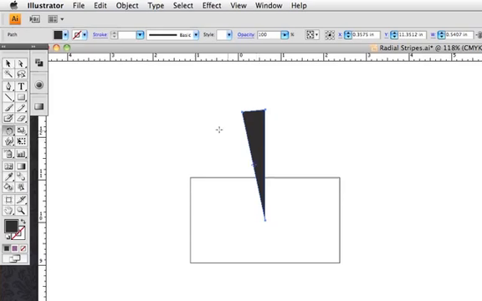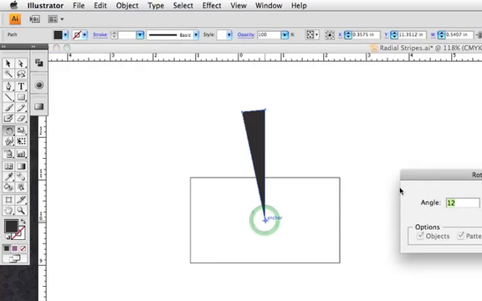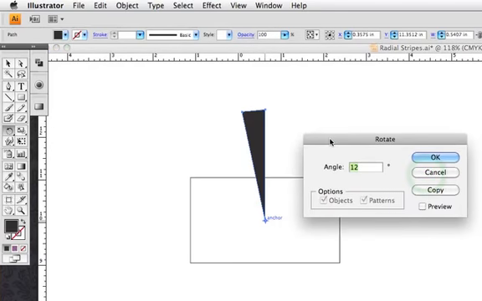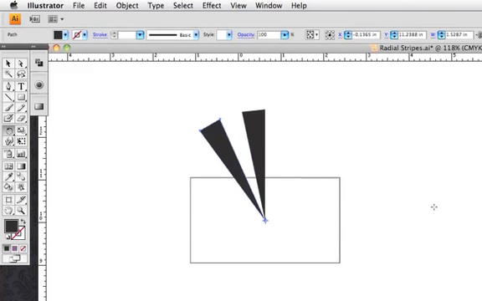We are going to get our rotation tool, which I did with just R. Hold the option key down again so we get our little symbol here, and then when we hover over our anchor, we're going to click. That brings up the dialog window for rotate. Now we're going to double the 12 to 24 because we moved that 12. We want the whole thing to move 24, so we have like a blank slice.